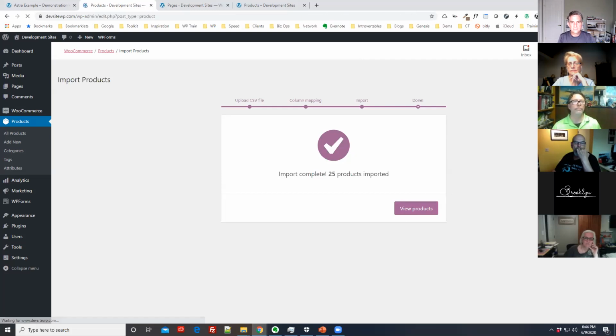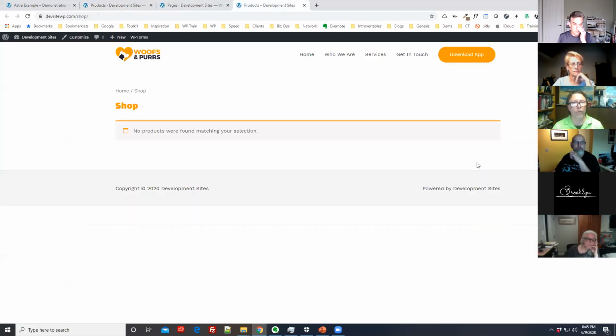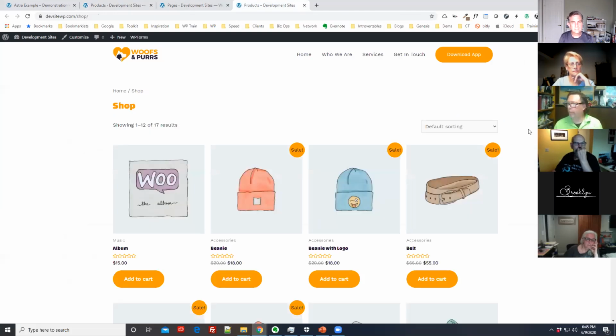So now I have all of these products that have been imported for me. And if I now go to this product page and reload it, these are my sample products, which is neat. This is a neat way to